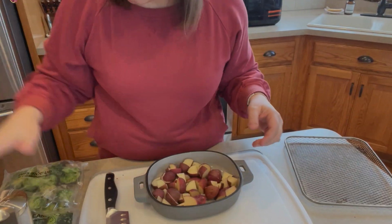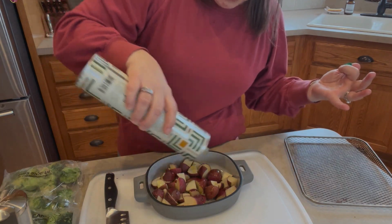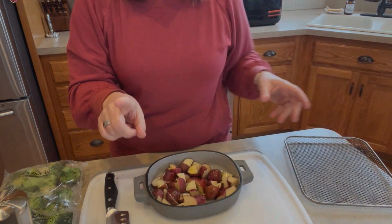This is just a little 1-quart cast iron, and we're gonna use this for potatoes. But for these, I don't set them on the bottom of the air fryer. I will set them on the tray. So the tray goes in, then I just put this in and out on the top. What I've done here is these are just some small potatoes that I cubed up, and then we are going to dish them up, okay? I always use some sort of oil when I'm cooking in an air fryer,